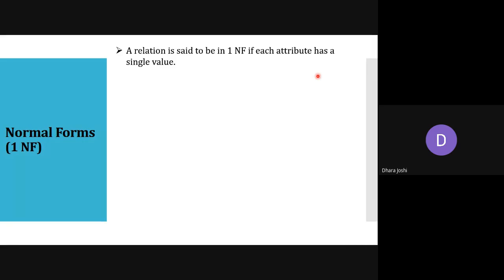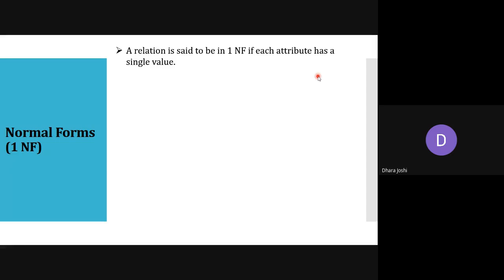So this is called 1NF. That means each attribute has a single value. If I have attribute SPI, it only consists of the SPI of the student, not CPI. And if I have attribute CPI, it consists of all students' CPI, not any other record.